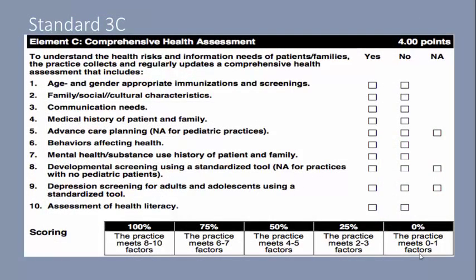And then C, this one is actually a little bit tricky. And I'll explain why in just a second. But what NCQA is looking for here is what kind of information are you collecting on your patients? And if you look at the factors, they're asking about immunizations and screening, family, social, cultural characteristics, communication needs, and that's actually not language that they speak, but more like blind, deaf, or other cognitive disabilities that make it difficult